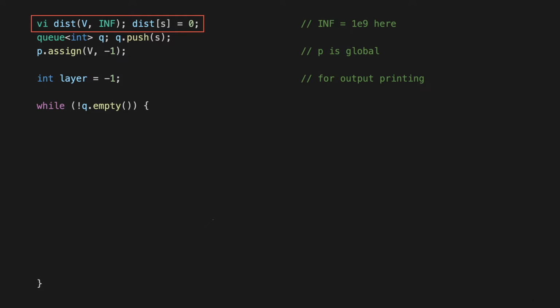And we start at the source vertex. So we initialize the distance of S from itself to be 0, because you don't have to walk around from S to reach S. That's exactly where you are already. And for the remaining vertices, as we start actually discovering them, we will update the distance vector as we go along. The other thing that we want to keep track of is some sort of a parent array,